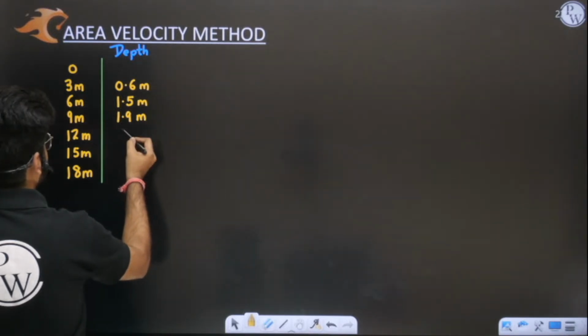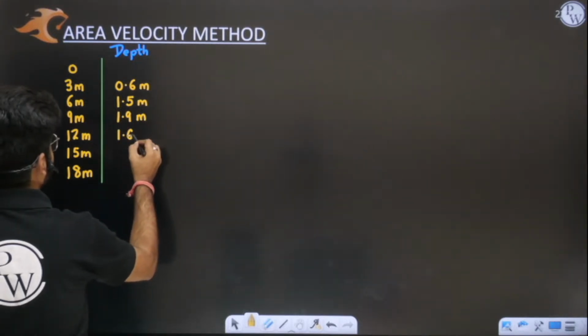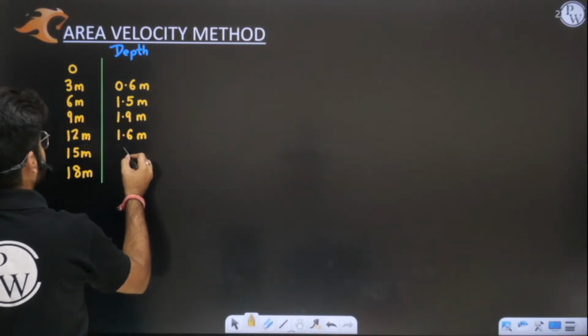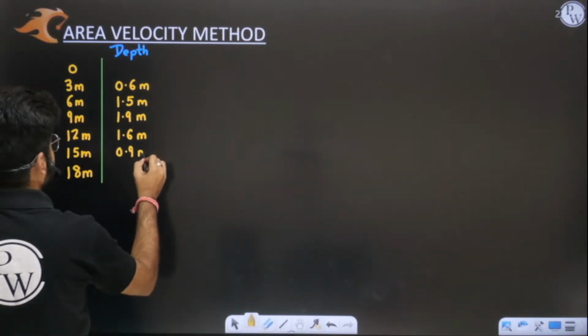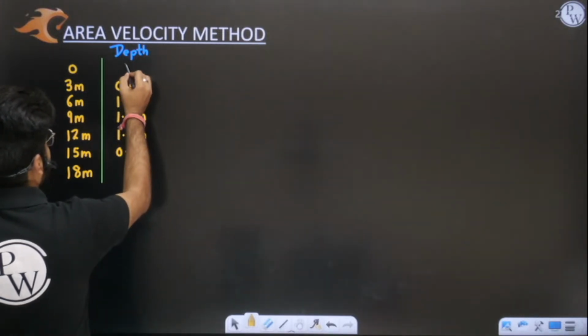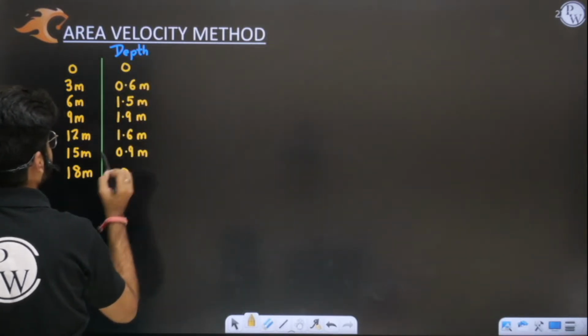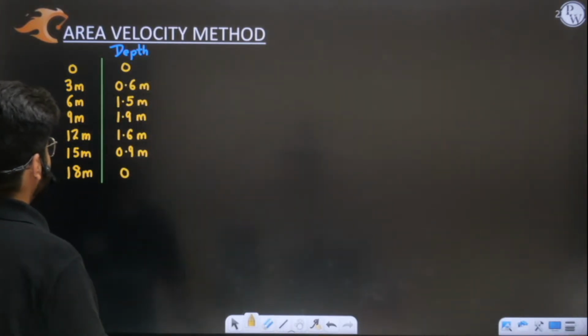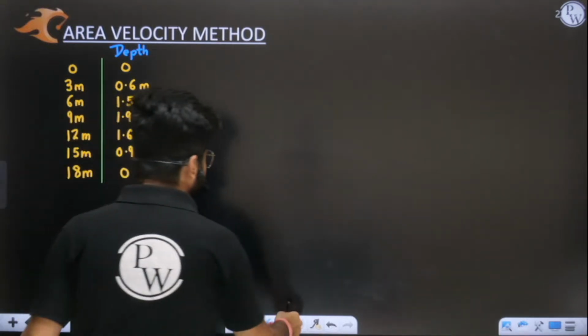Okay, now let us say again it is started to decrease. Let us say it is 1.6 meters. Then let us say it is 0.9, and again it is 0. At starting and ending, we have 0 depth. Sir, this is very clear now. Okay, after this depth,